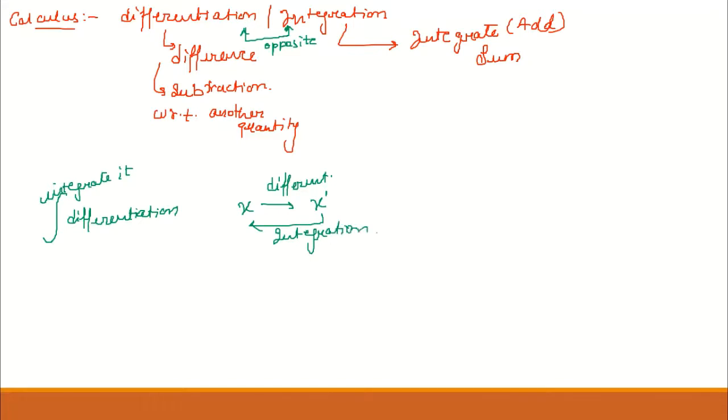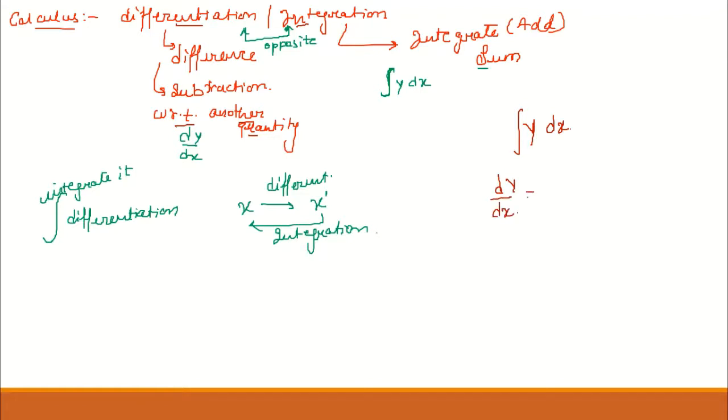Now coming to another part, integration has a symbol which can be denoted as sum. So integration can be represented as integration of y dx, whereas differentiation has a symbol of d or dy by dx. Let me clear one more thing, that differentiation and integration can only be possible with respect to some other quantity. If we want to integrate y, with respect to what do we do it, that is more important. If we want to differentiate y, with respect to what do we do it, that is more important.